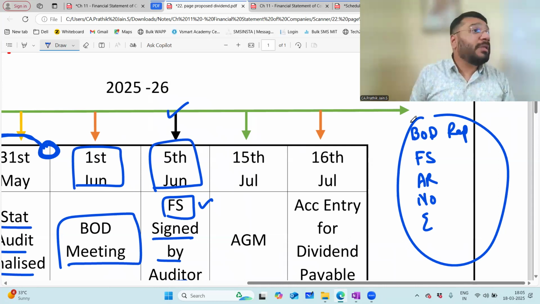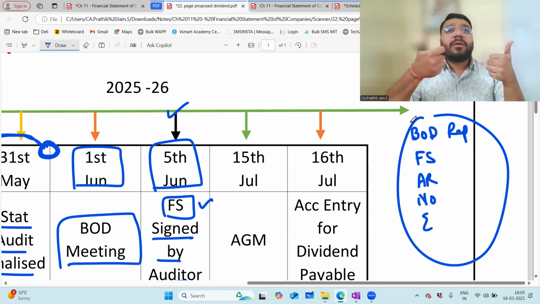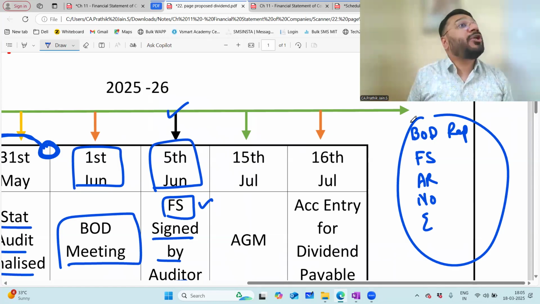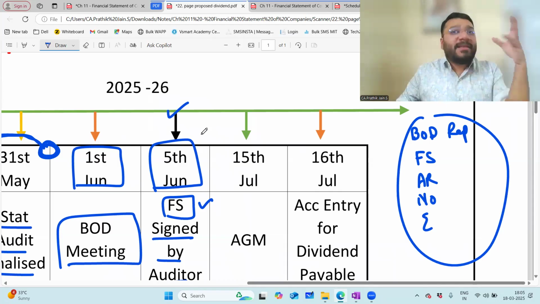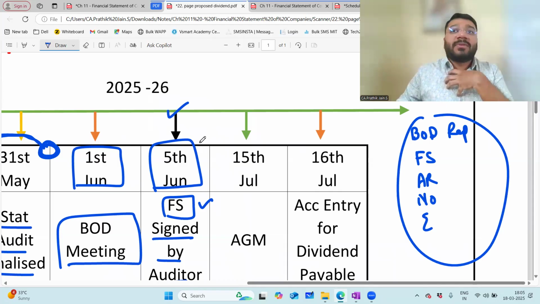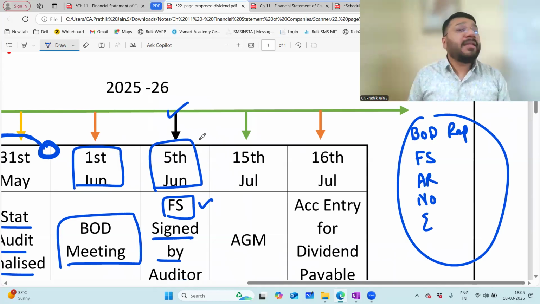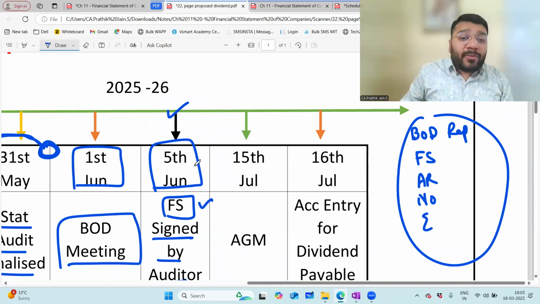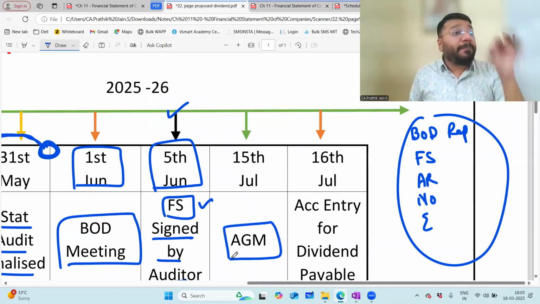This annual report, they have to send to the shareholder, either physically or in soft copy, electronic mode. They have to send the annual report. So let's suppose I'm a shareholder of Reliance Limited. So let's say somewhere 10th June or 12th June, the company will send me the annual report. So I will go through the annual report. In that, they'll also invite me to the meeting called the annual general meeting. Annual general meeting is a compulsory meeting that the company has to conduct,